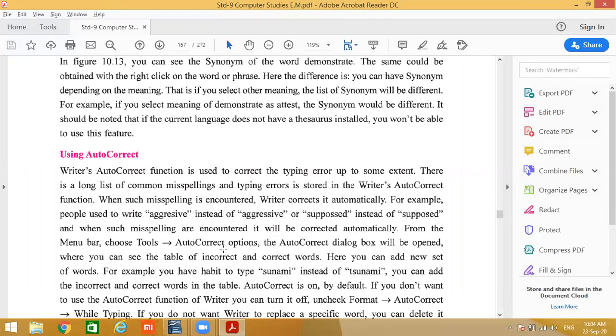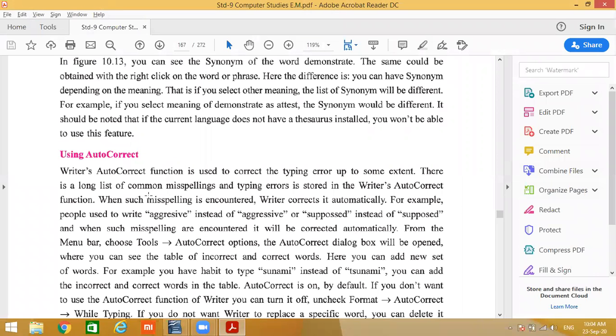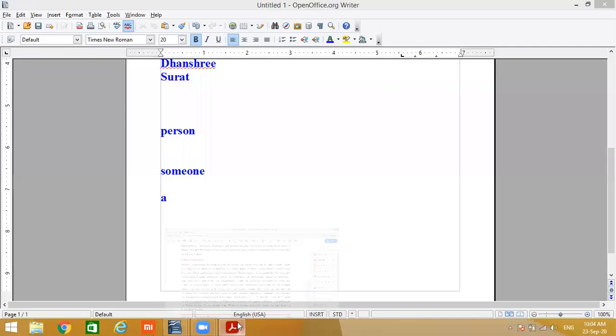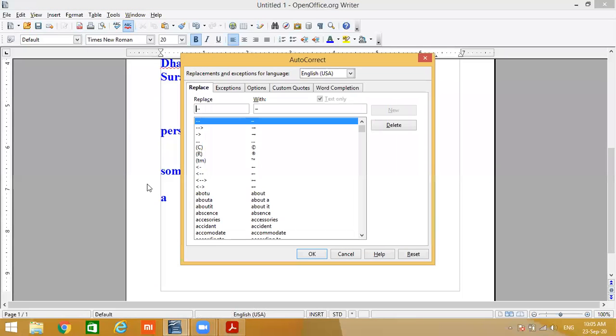From the menu bar, choose Tools and the autocorrect option. We will not give a demo of this because students enter wrong words for autocorrect. Tools menu, autocorrect. You just need to know from where it will come. Tools menu, the autocorrect option will be there. Word count, autocorrect, all these options are here. Suppose avoid, about, these are all already here. We just need to know how to make it come.